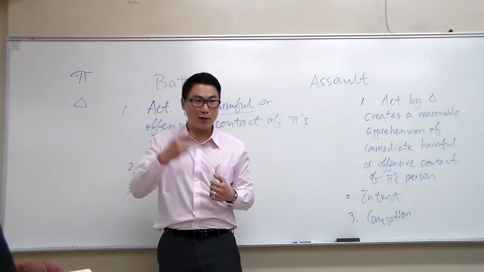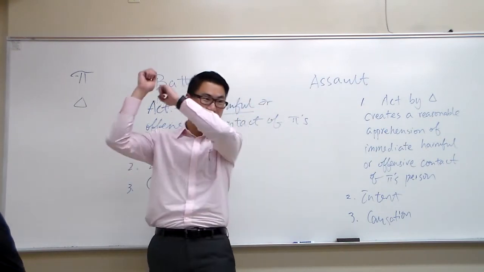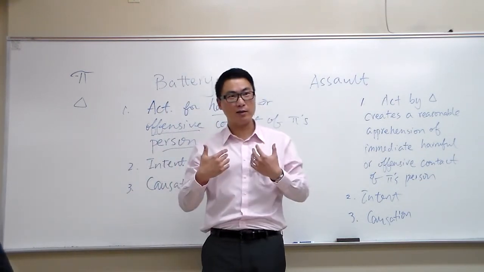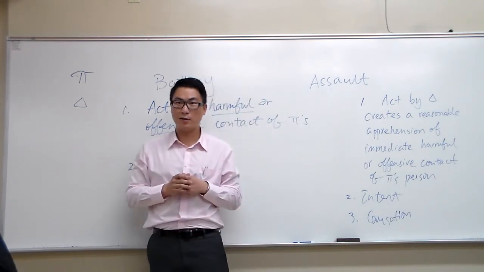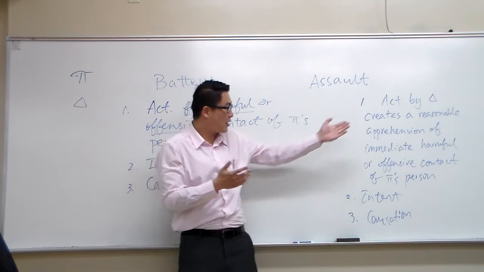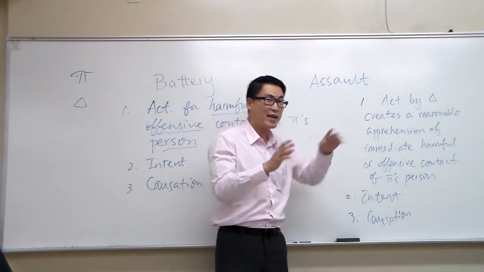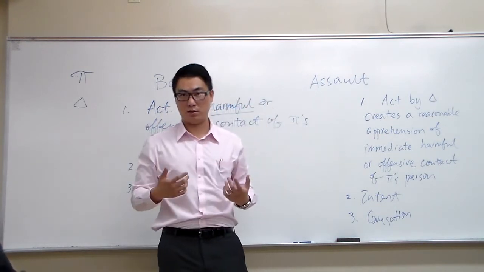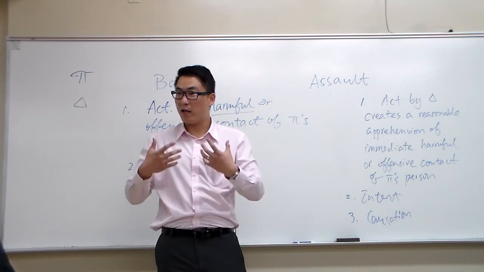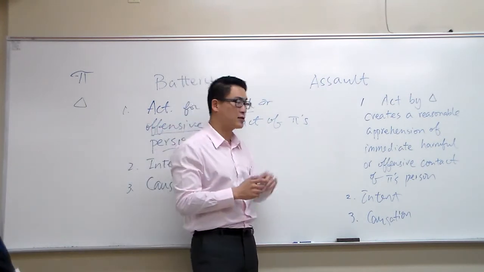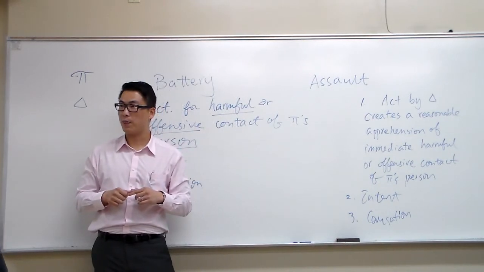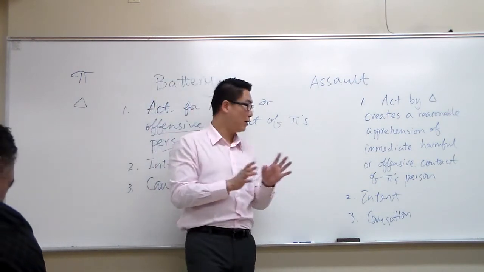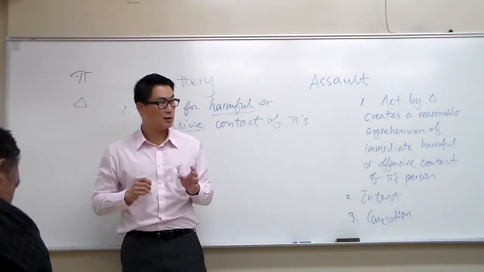What if he comes charging towards me with a book in his hand, trying to hit me, and right before he hits me, he trips and falls, and he doesn't hit me? Can I sue him for assault? Yes, you had apprehension, because I had a reasonable apprehension of him coming charging towards me with a really big, heavy book in his hand, trying to hit me. So I have that apprehension. So apprehension is the key for assault. Any questions about apprehension? You have to know that the bad thing is about to happen to you.